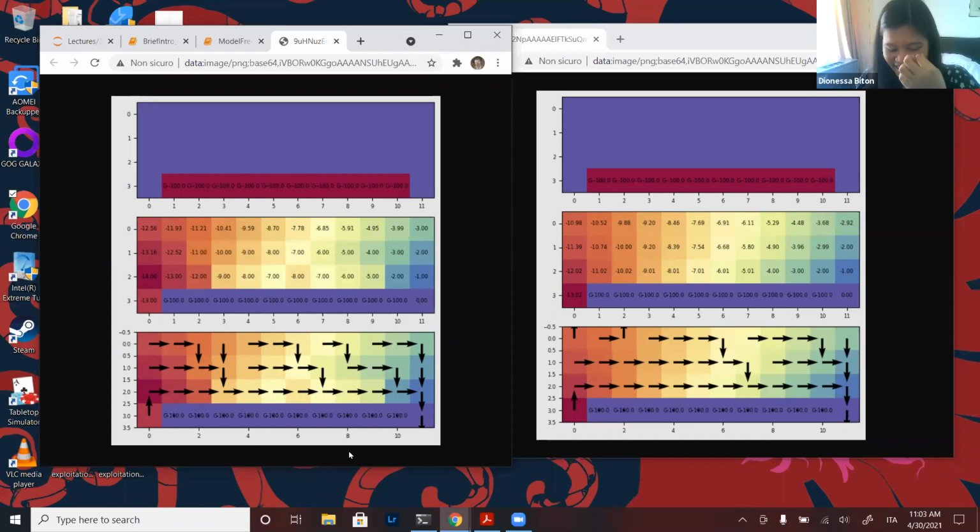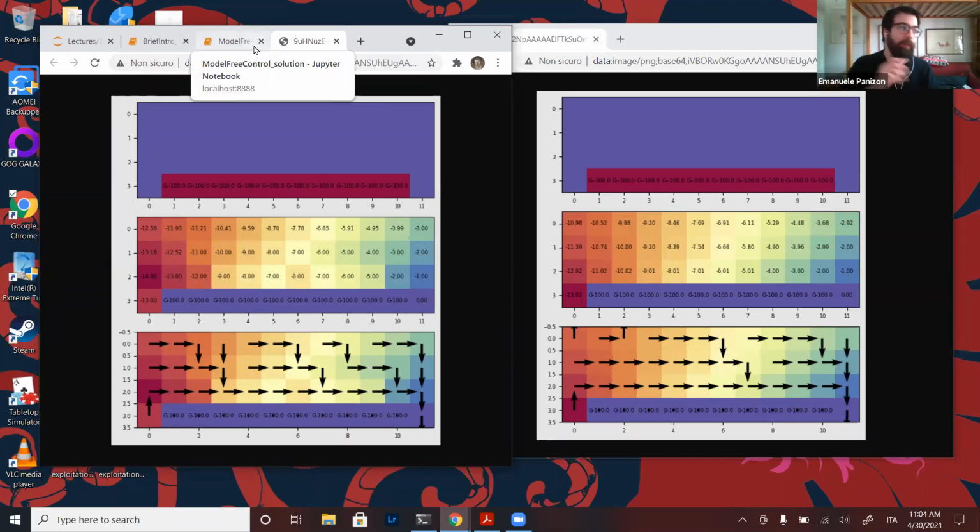Because in the SARSA, the policy is just how to update Q. Oh, wait, by policy, I refer to the action to take given a certain state. So to me, the policy are the arrows here.